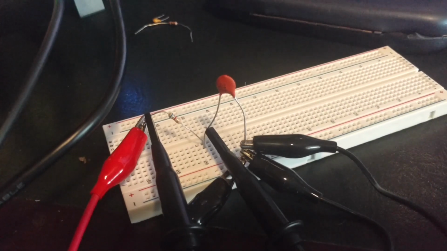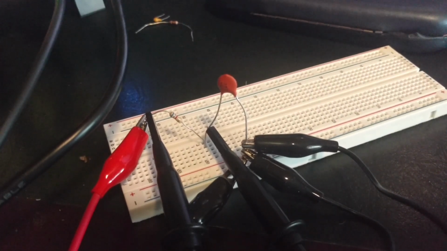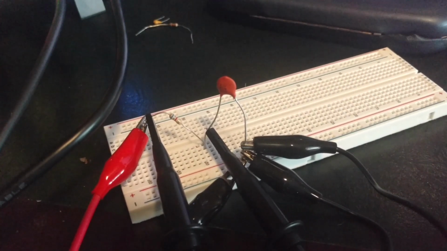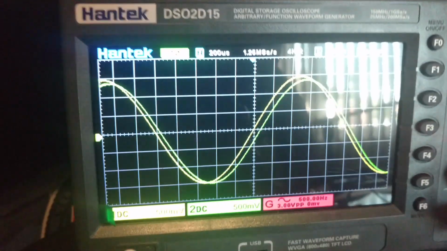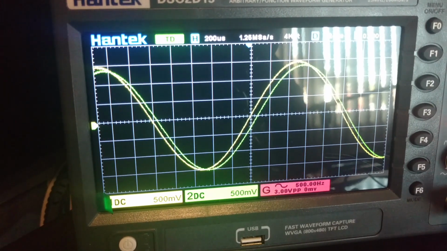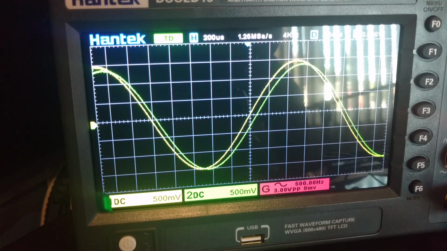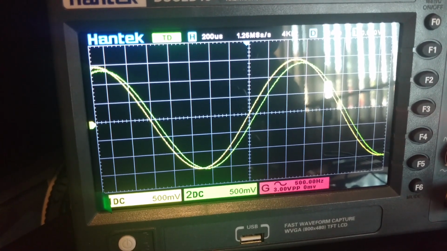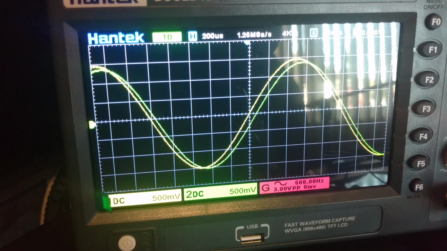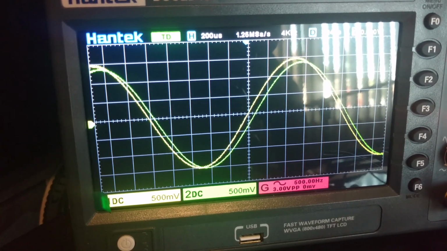So let's take a look at the physical circuit. Here we have the resistor and the capacitor in series connected to the oscilloscope. We can see here that our voltage source is the yellow curve, which shows 3 volts peak to peak, and the green is the output across the capacitor. You can see the green is slightly less than the voltage source, so we can say that's roughly 2.93,